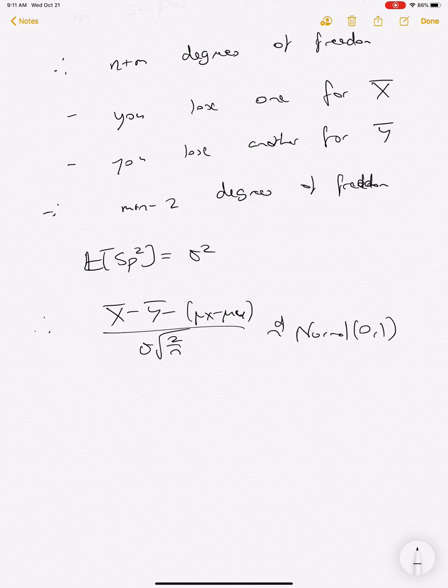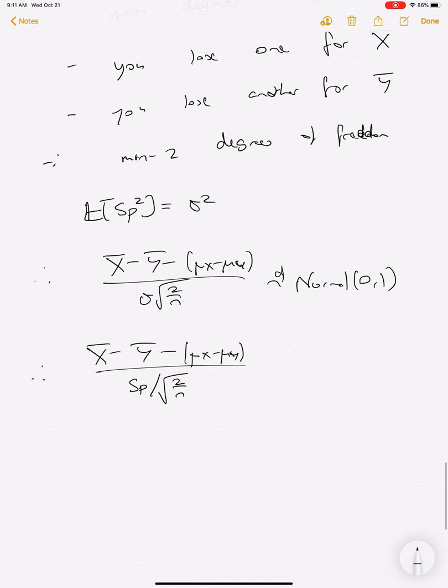You can potentially guess what's going to happen here. We're going to replace the sigma by sp, square root of 2 over n. But then what happens to the distribution? When you typically do this, a normal will become something like a t distribution, and that's exactly what's going to happen here. So we can re-express this now as